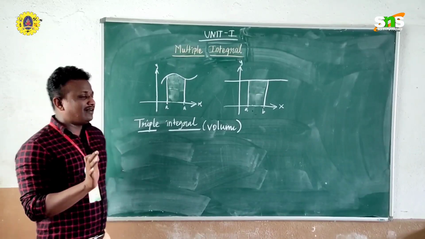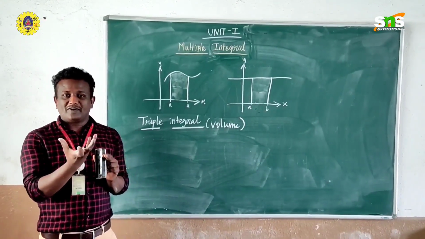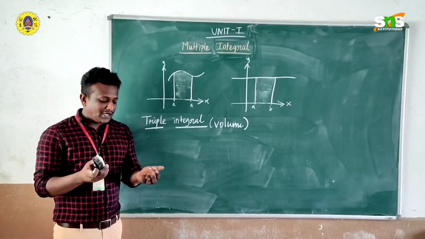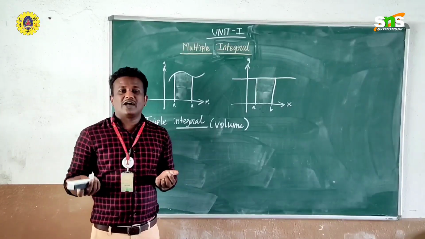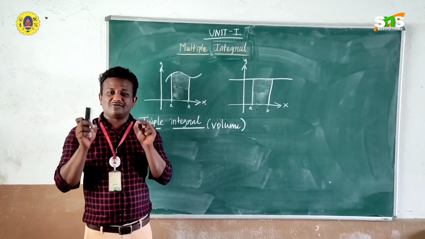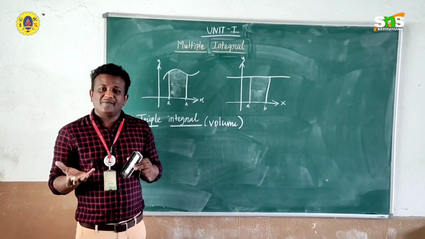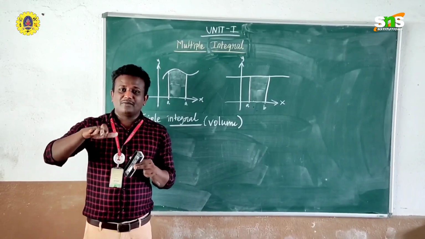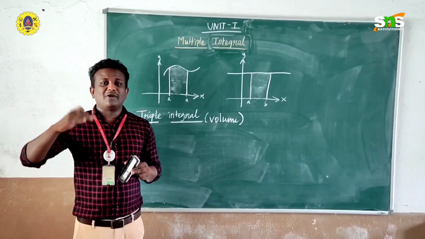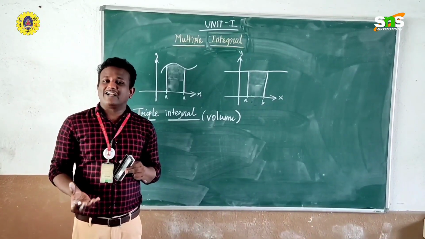So I will answer your question through an example. Suppose we imagine a ball in the shape of a sphere. Now you have two objects. In your right hand you have a ball, in your left hand you have a balloon. In both objects you have to fill water. If you fill water in the ball, you have a formula to find the volume of the sphere. By applying that formula, you can easily calculate how much water you have filled.